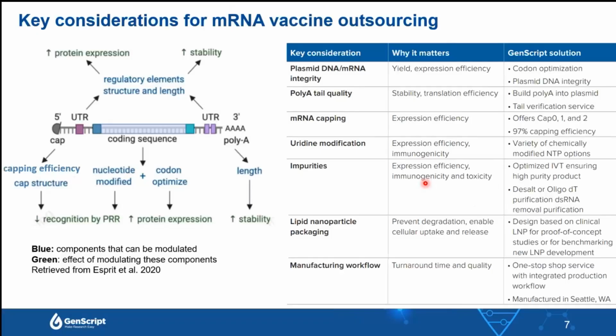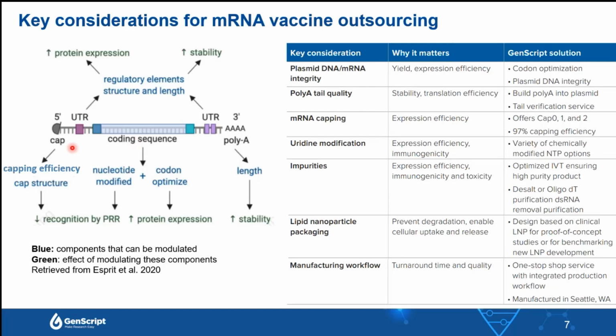Okay, so let's first check more about the mRNA vaccine because it's the traditional one, relatively speaking. And these are the 5 parts of mRNA, 5 elements that we can adjust to have a better performance for